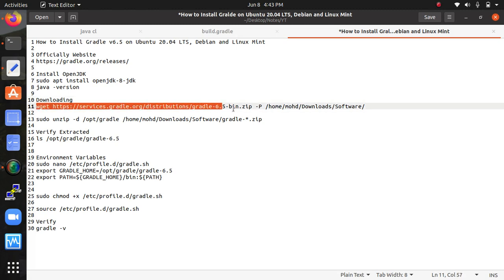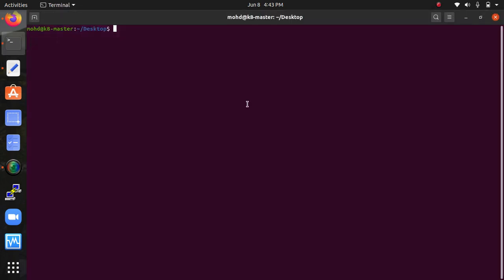This is the command for downloading Gradle. This is the path where I am going to store the Gradle download. It will be stored inside the software folder. In place of this path you can give anywhere, or you can remove it, and then it will be downloaded under the home directory. I copy this complete path so that it is downloaded directly into my software folder.